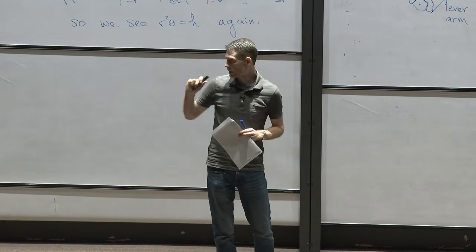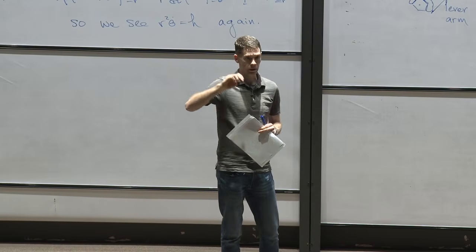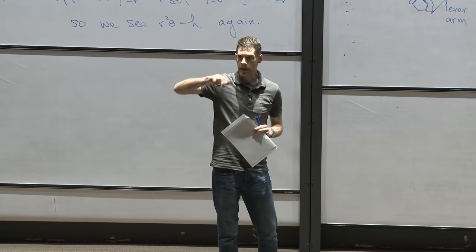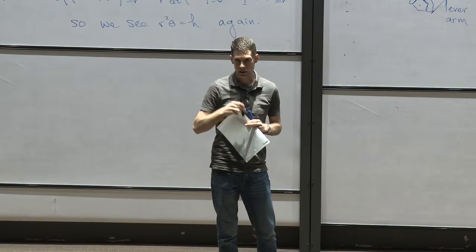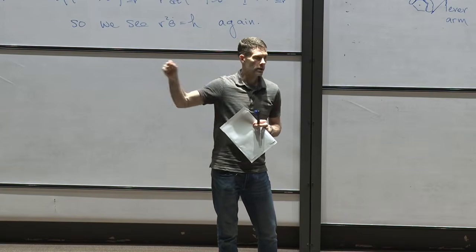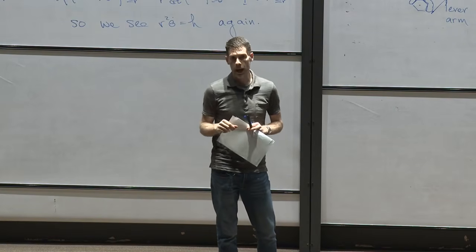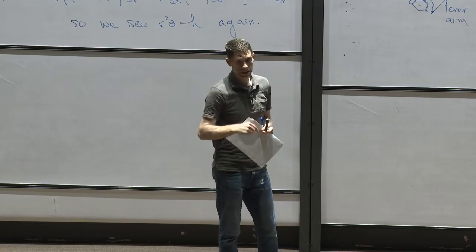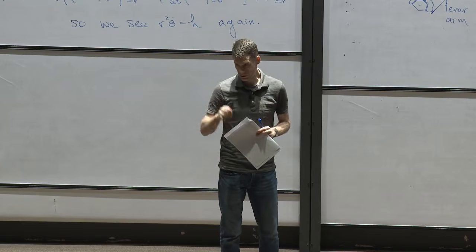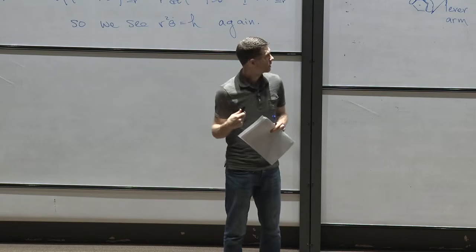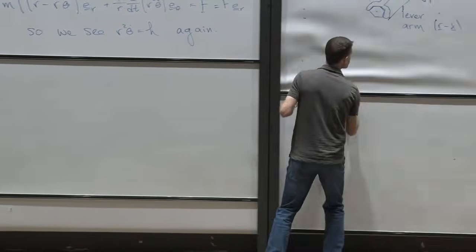And Newton's second law is not sufficient to describe both the motion and the rotation. Newton's second law is really just going to give us the motion of the center of mass, as we'll see. So I need to extend Newton's second law to also describe rotation. And the idea